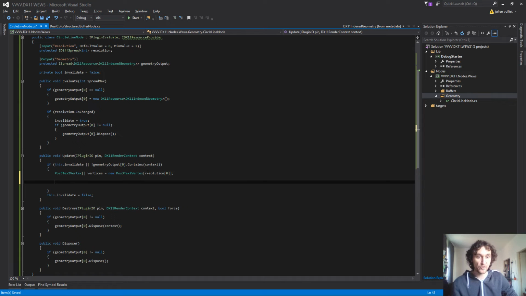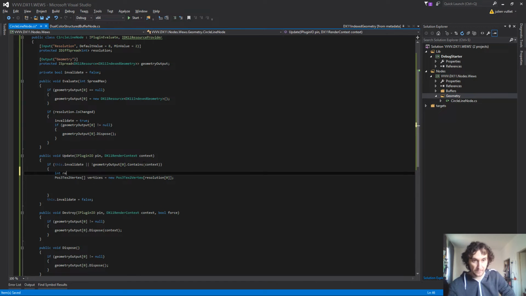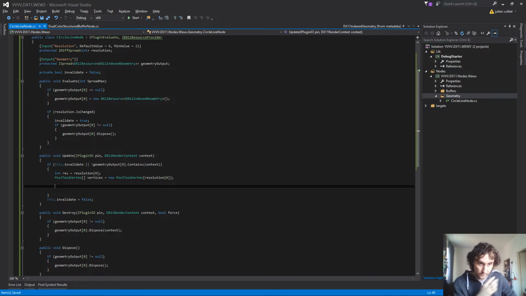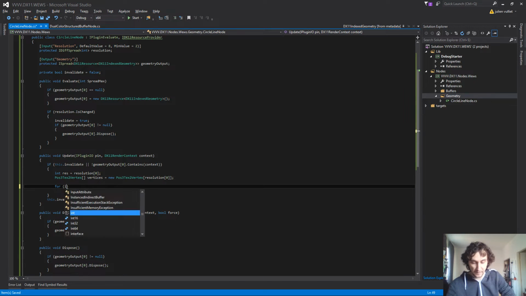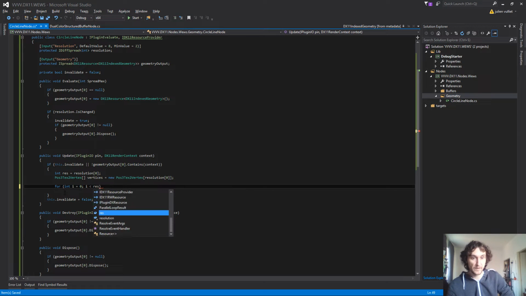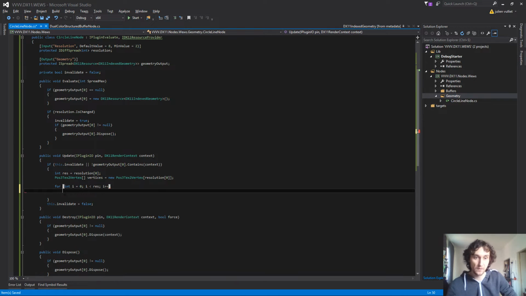So we're gonna calculate the vertices first, which is a simple circle formula. So let's actually save this. List equals resolution 0 and equals 0 by res I plus